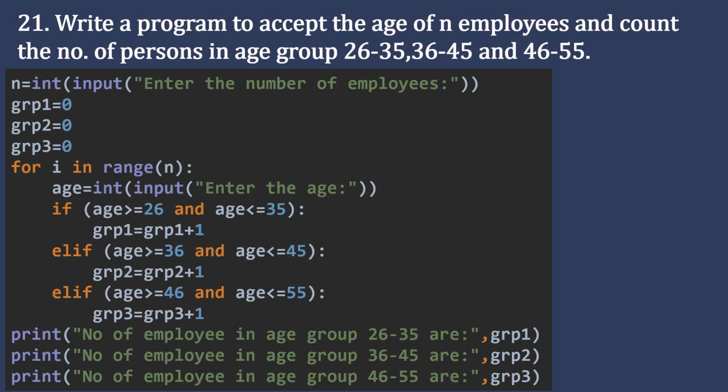So for i in range n, that means i will iterate from 0 to n minus 1. That means it will take n values or n number of ages. Now, age is a variable which will store the age of our employee. We have to give a message, input, enter the age. Now, if age is between 26 to 35, it is greater than or equal to 26 and less than or equal to 35,